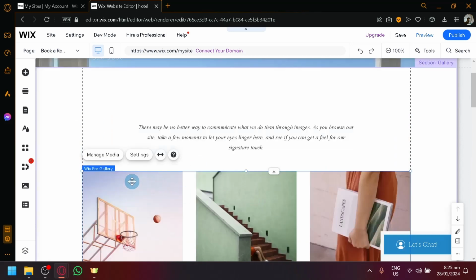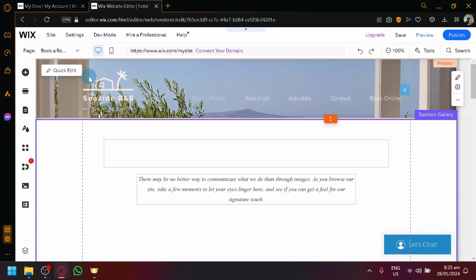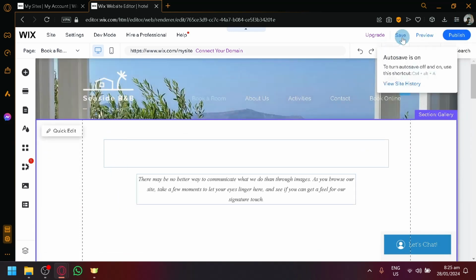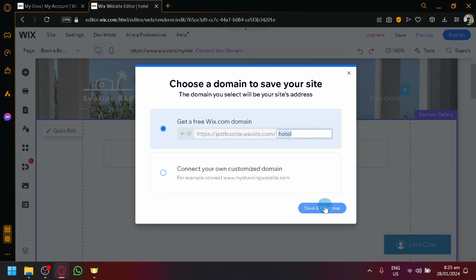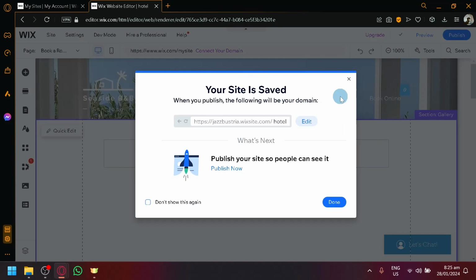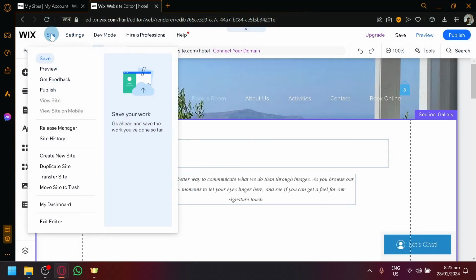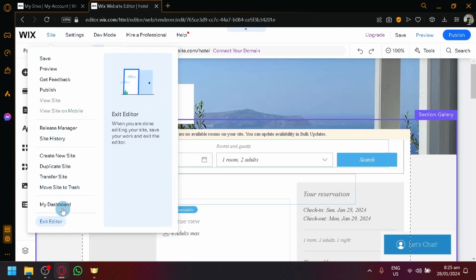And you can easily delete this as well if you want by simply selecting it and deleting it just like that. Now, if you want to save this, you can simply click on save. I suggest that you don't publish it yet. You publish it only when you're ready and when everything has been completed, all the information has been done. And you can check out your dashboard again by clicking on my dashboard over here, and you will be redirected to the dashboard